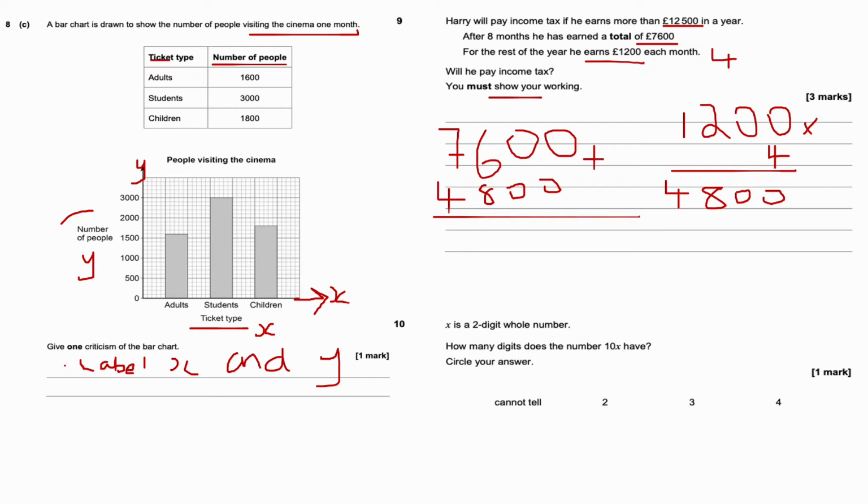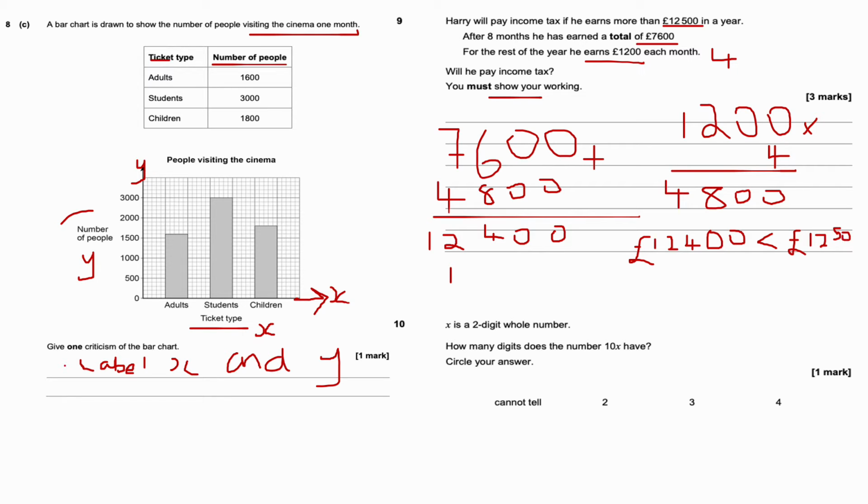lining up our place value, 0 add 0 is 0, 0 add 0 is 0, 6 plus 8 is 14, so 4 carry the 1, 7 plus 4 is 11, plus that 1 is 12. So the answer that I get is £12,400, that's less than 12,500, so he doesn't pay income tax,